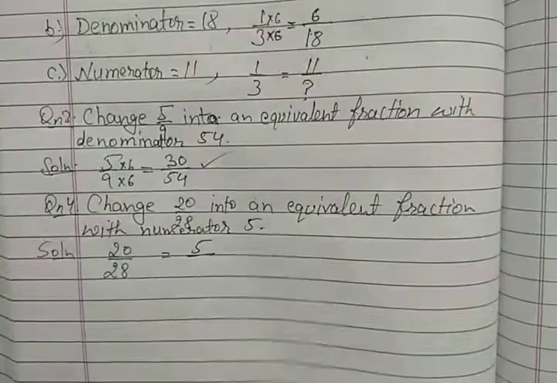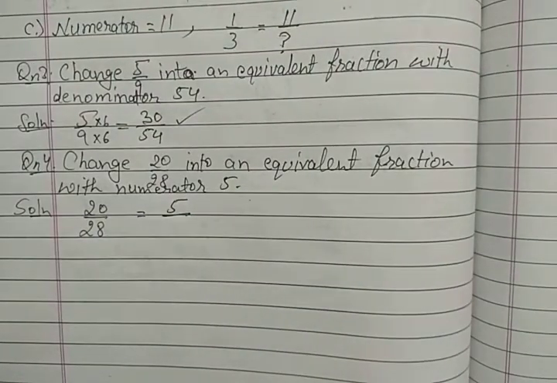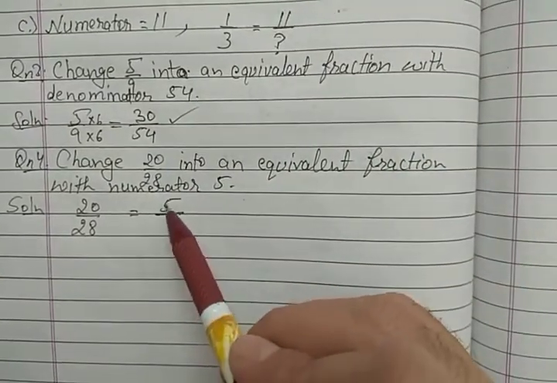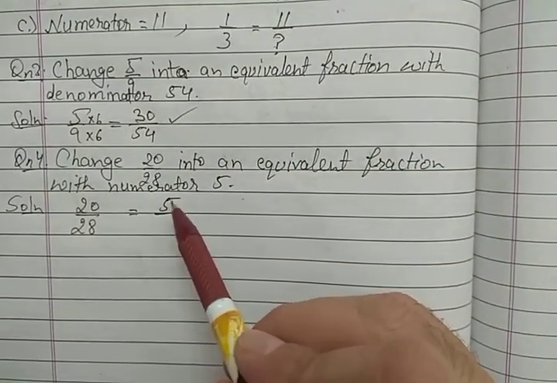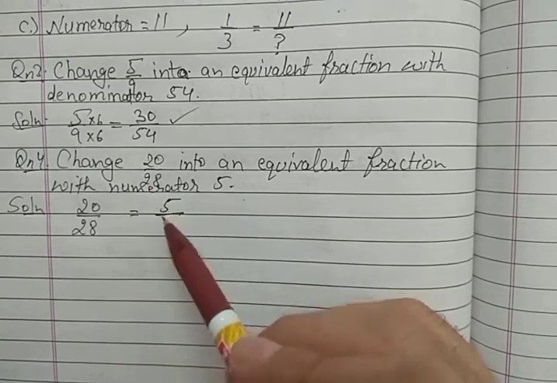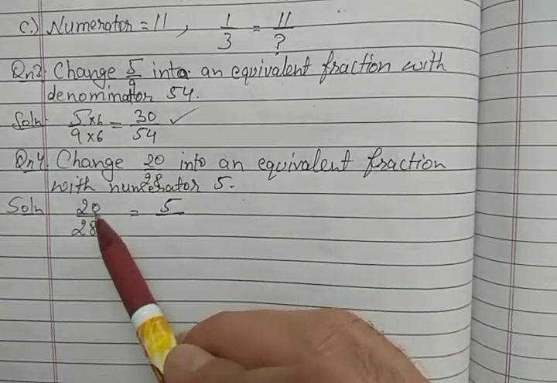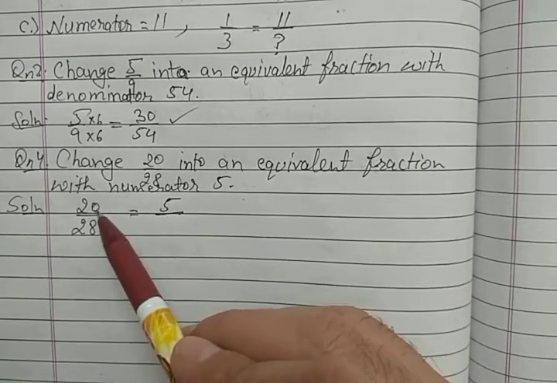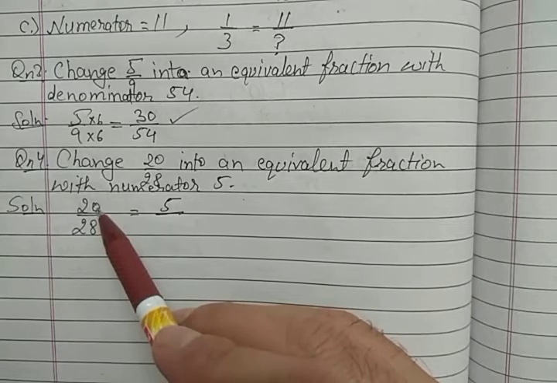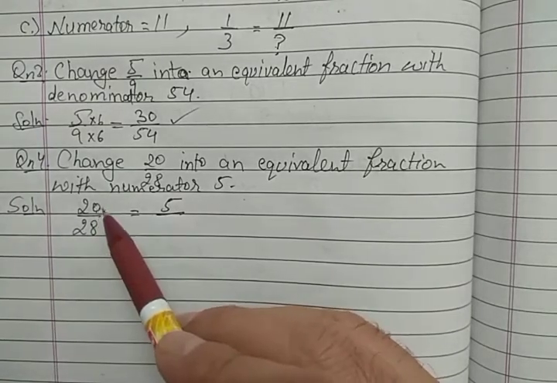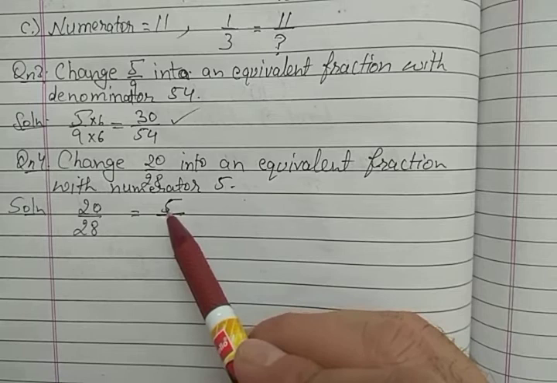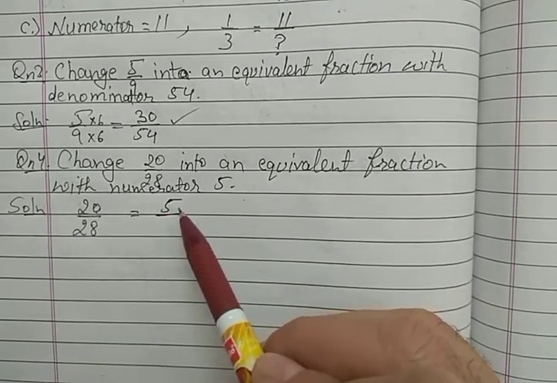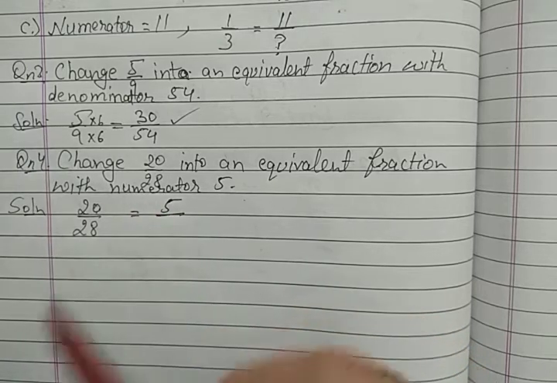What I have told you, we have also discussed such type of question in which the smaller number is on the right side. Now here 20 and 5. So either divide 20 by such a number that the quotient will be 5, or multiply 5, or recite the table of 5 till 20.